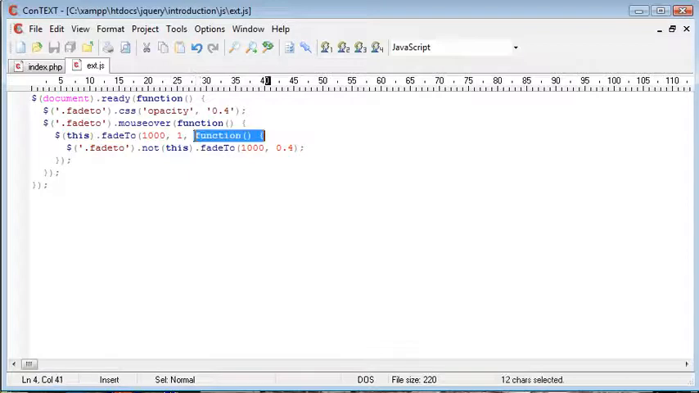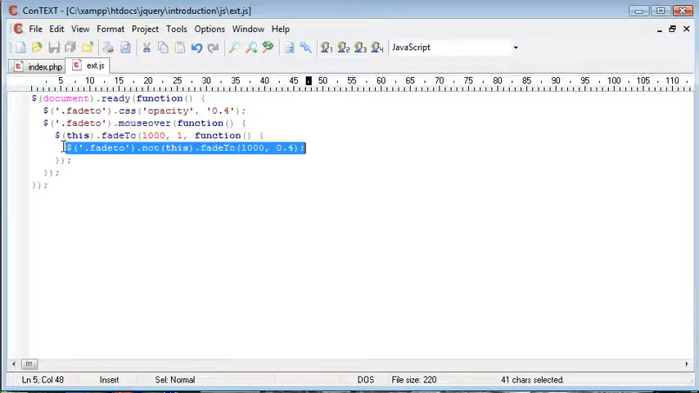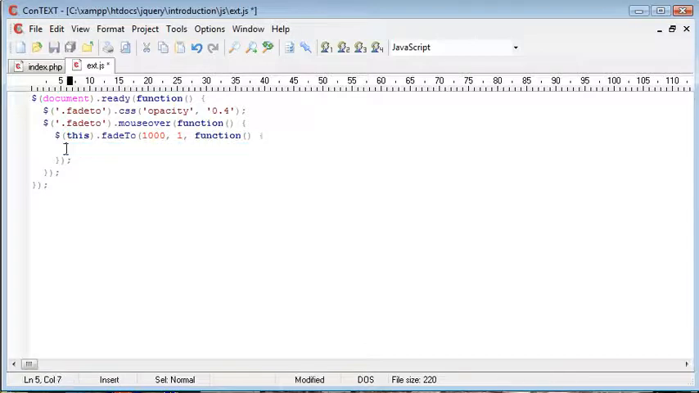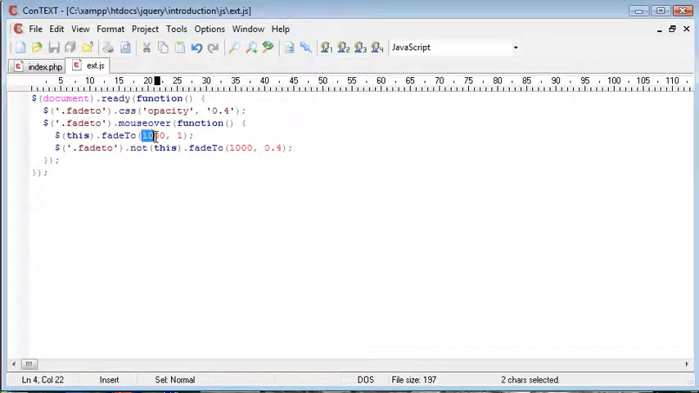Now this callback function, remember, only actually completes what's inside of it once the current fadeTo has finished, so the current animation has finished. So what we want to do is I'm going to go ahead and cut this line out, and I'm going to just get rid of the callback function. And what I'm going to do is come down a line and paste this in here. So now what's going to happen is we fade the particular element to an opacity of 1 after a